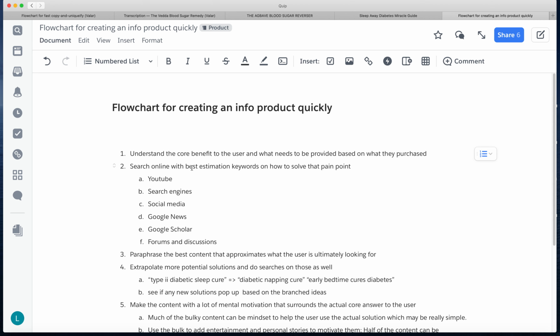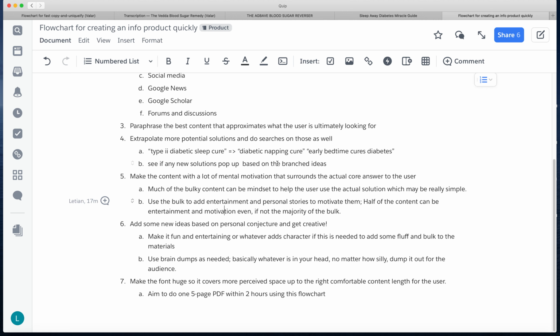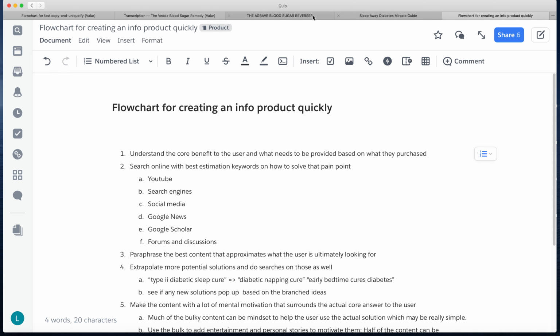Okay, so just kind of through the flowchart, you can go through some of this, and I like to use what I call brain dumps. So basically, whatever's in my head, no matter how silly, I'm going to dump it out to the audience. Okay, so this comes with practice, a little bit of creativity, lots of research,